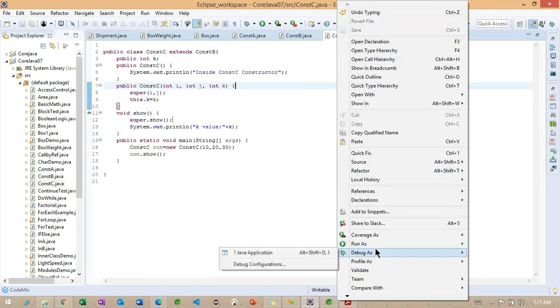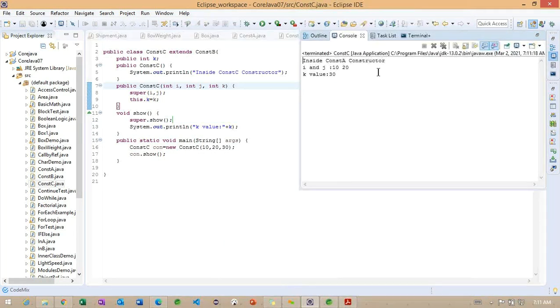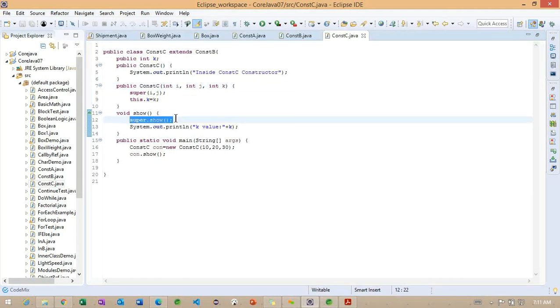And observe here, so now you can observe the default constructor A is called, and later the i, j values we are getting, and later the k value is printed. Because of this particular super, we are going to call the superclass method. Getting the point?